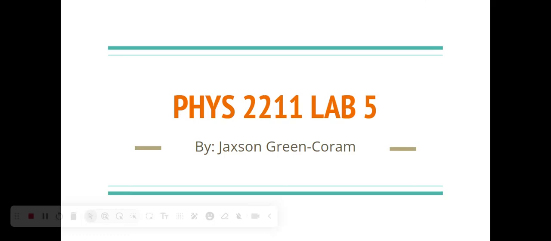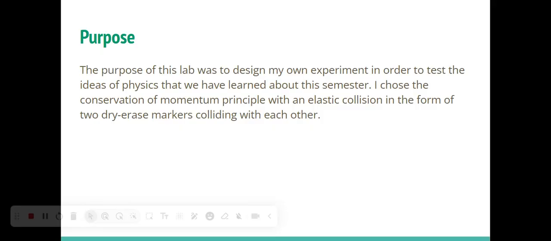This is the Physics 2211 Lab 5 by Jackson Green Quorum. The purpose of this lab was to design my own experiment in order to test the ideas of physics that I've learned throughout this semester. I chose the conservation of momentum principle with an elastic collision in the form of two dry erase markers colliding